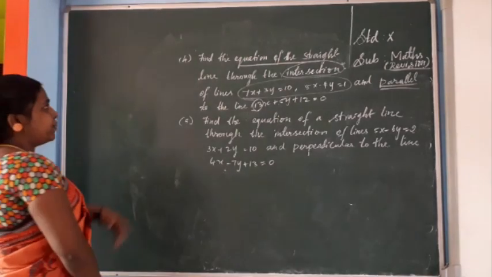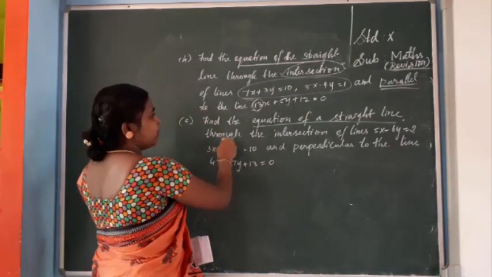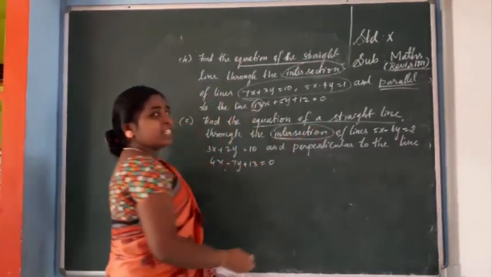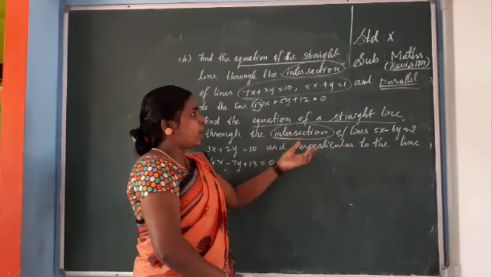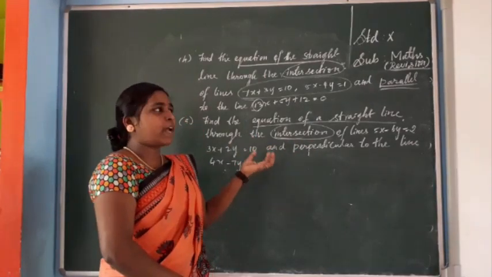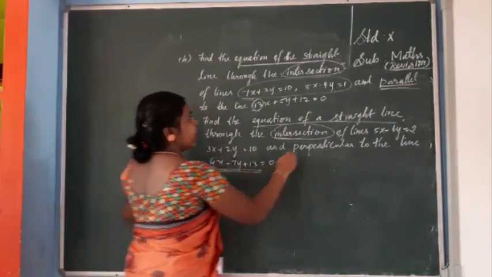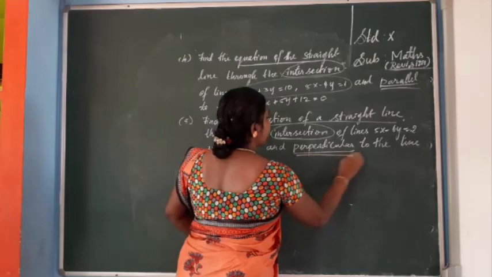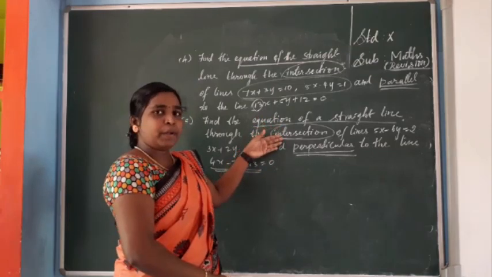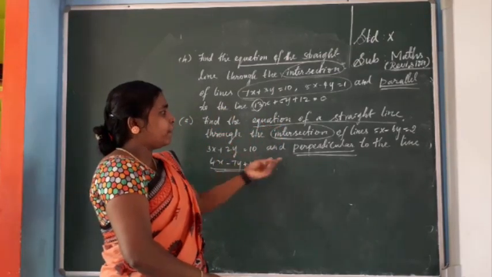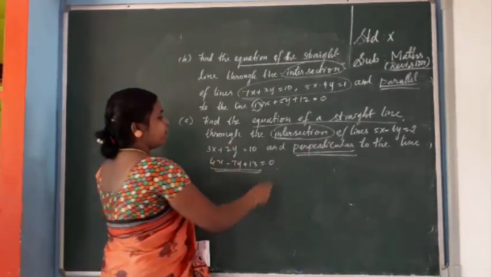You see the difference between these two problems. Here also find the equation of the straight line, isn't it? Here also it is through the intersection of the lines. So intersection of the lines means you have to solve both equations, isn't it? You solve the equations, you get one point, that is x1, y1, and perpendicular to the line. One line is here. So here parallel, here perpendicular. See the difference? Actually here the same intersection is given. If you solve, you get 1 point. After solving, perpendicular line means you find the slope of the line. Next slope, okay? First slope.